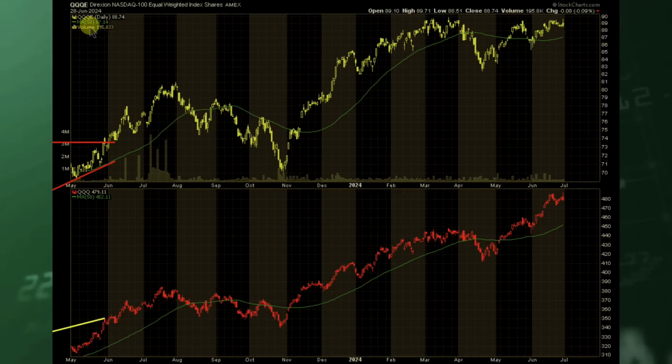If we also look at equal weight, though, the triple QE versus the QQQ cap weighted, clearly it's diverging. This one's moving up, and then equal weight Qs are moving sideways. And this also, we're putting in higher lows right at this pivot line. It's not a bearish looking chart. I think we've got to be aware in case it does break down, but it is just getting very tight here. So you've got to be also aware for a potential breakout,